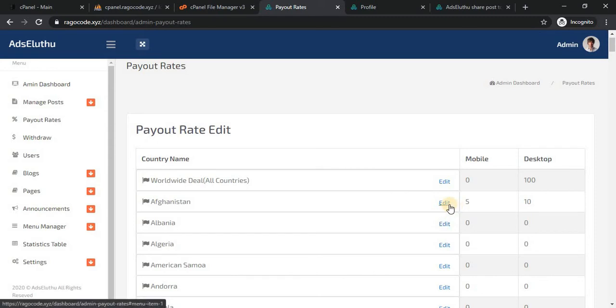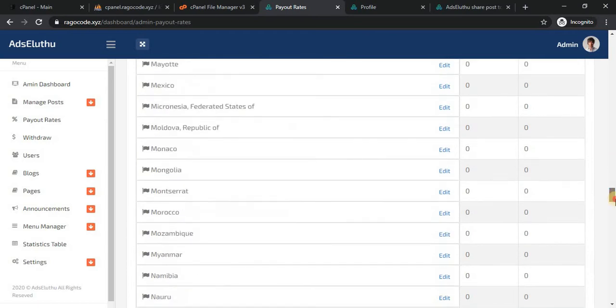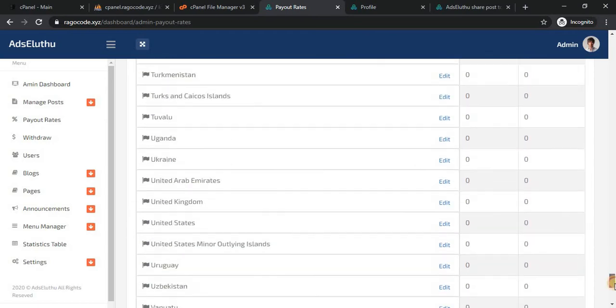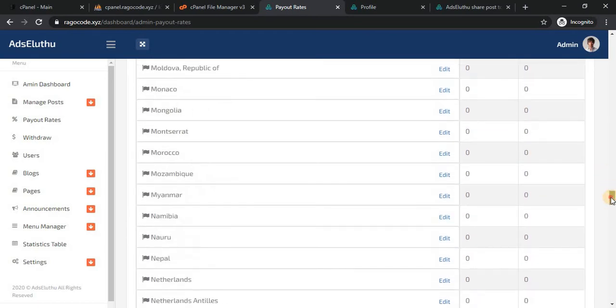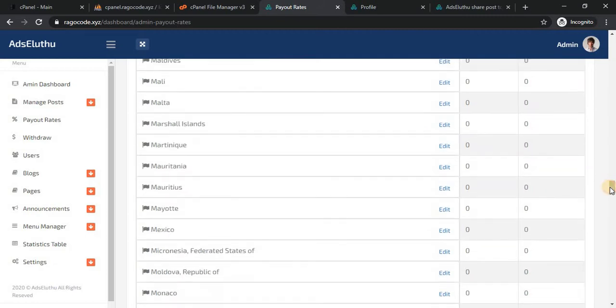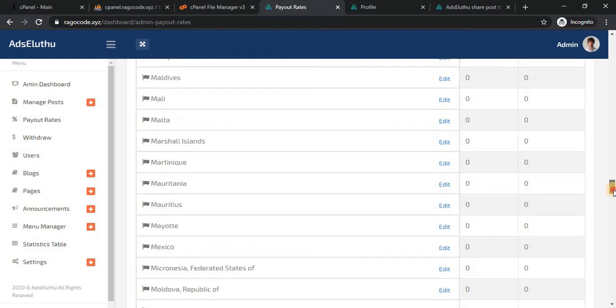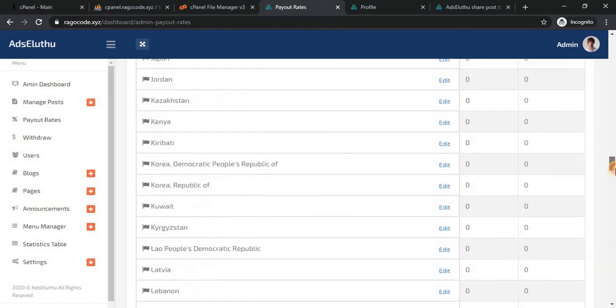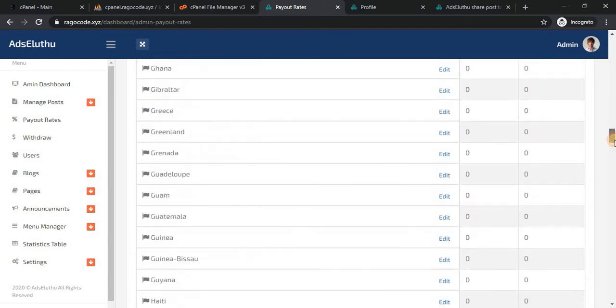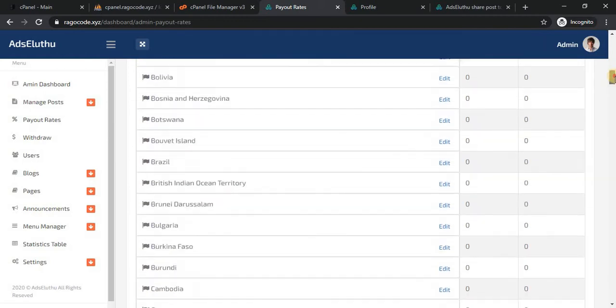If I'm setting India, I select India. In this area, you can set payout rates country wise and device wise.